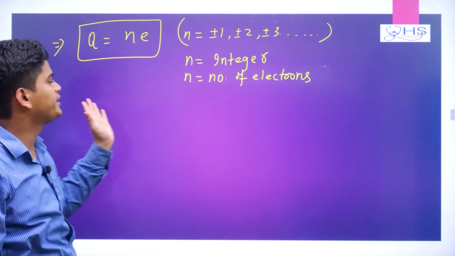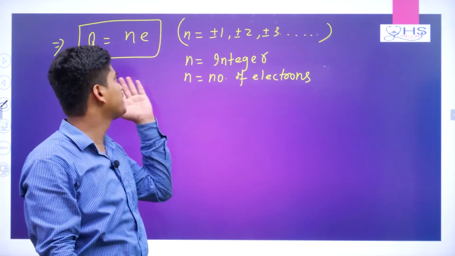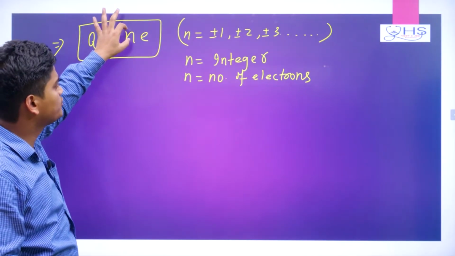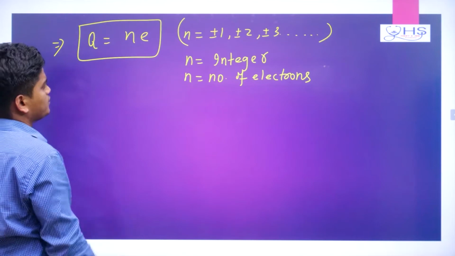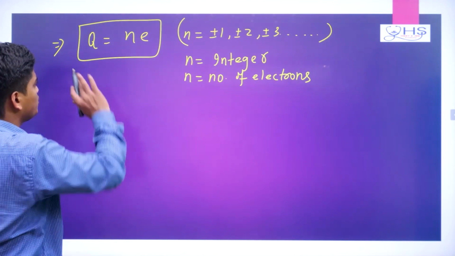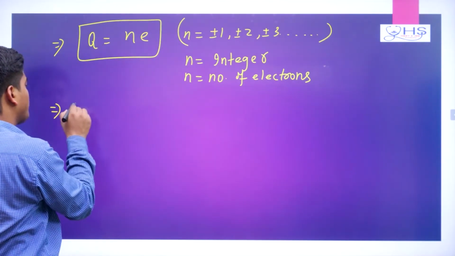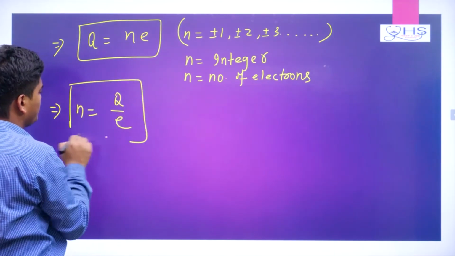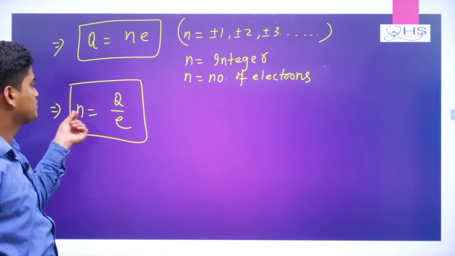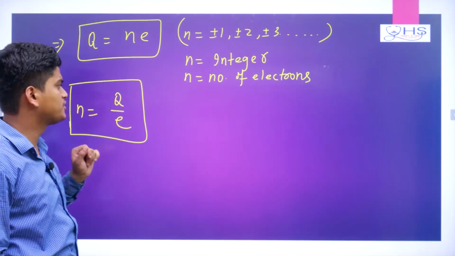Here, as already defined, the charge of any object is basically an integral multiple, so N will be the integer multiple. E will be the electronic charge, the smallest amount of charge. So Q equal to Ne, remember. And sometimes if you want to find your N, then you can do Q by e, and it will give the number of electrons. So how much? Q by e. Like that you can do.